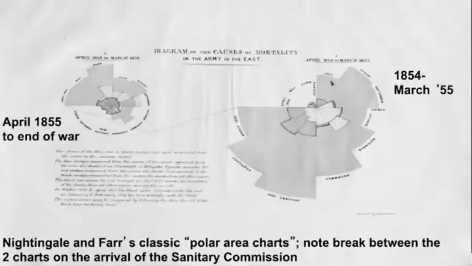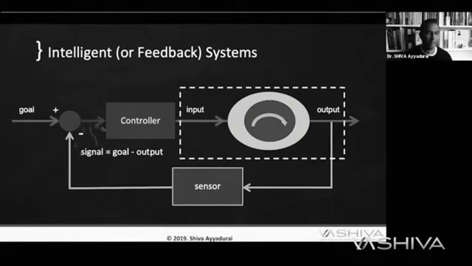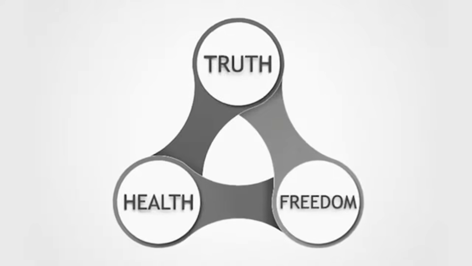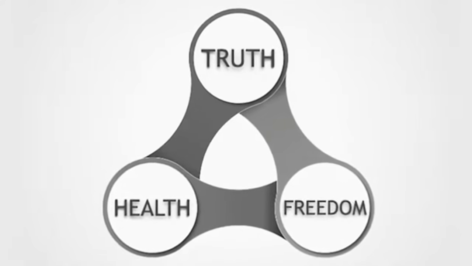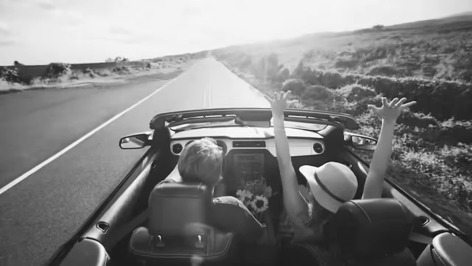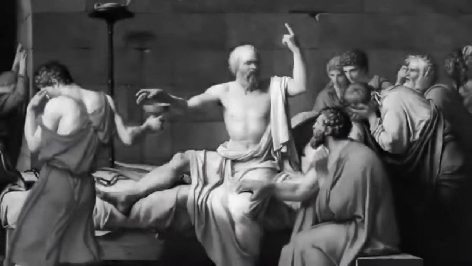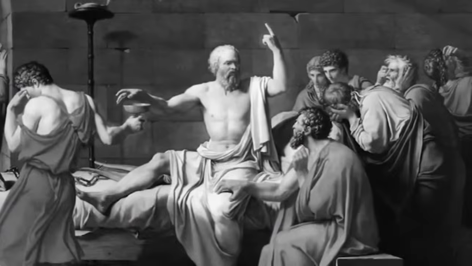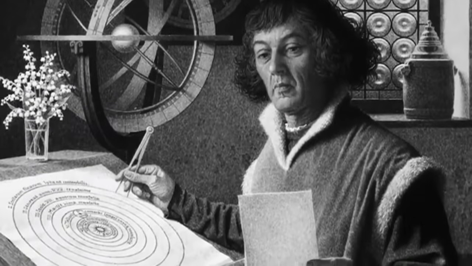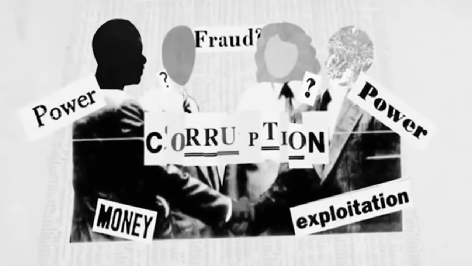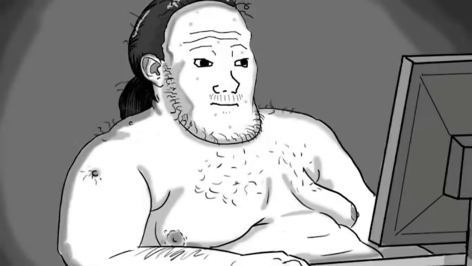First, with understanding what a system is, the dynamics of all systems that affect nature. The second is understanding the interconnection between truth, freedom, and health. Freedom is the ability to move freely, communicate freely, talk freely. Without freedom, you cannot convert ideas, hypothesis into truth, which is science. And without freedom, you can't really get to truth. And without truth, you make up fake problems and fake solutions, which means you destroy our health.